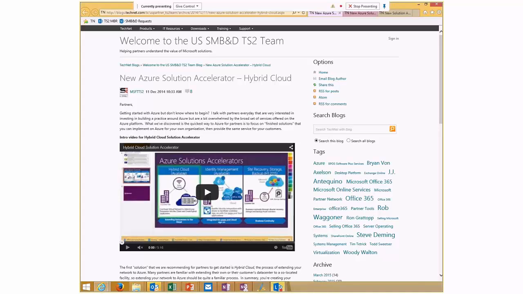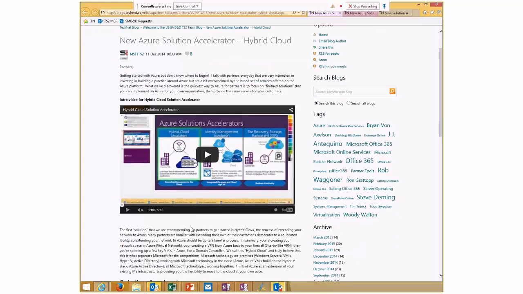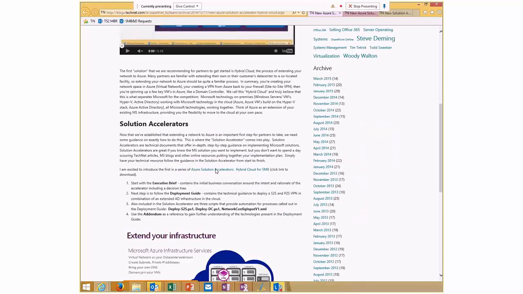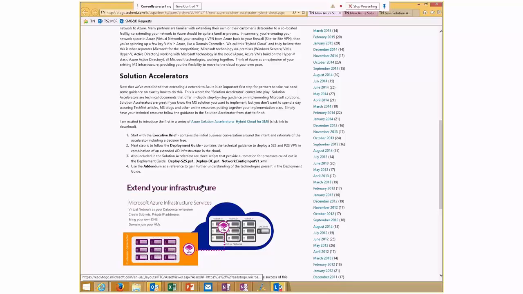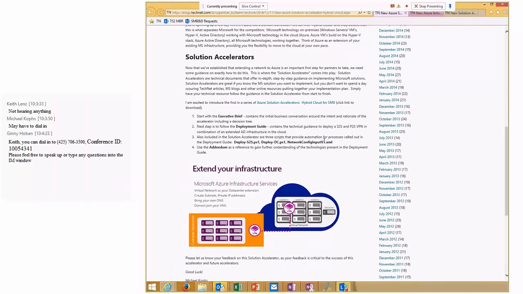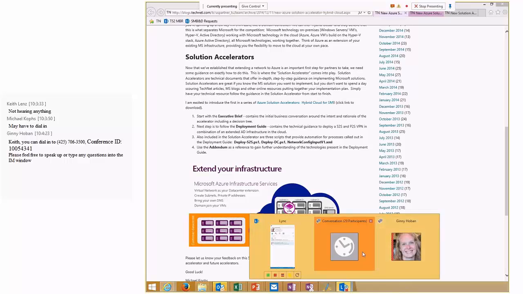Let's go ahead and just go up to the browser here, and I'll show you the accelerator. Here is the hybrid cloud solution accelerator that I blogged about, and this is just a 5-minute video of me basically going over what I just went over. And then you scroll down, and basically the components of the hybrid cloud solution accelerator are